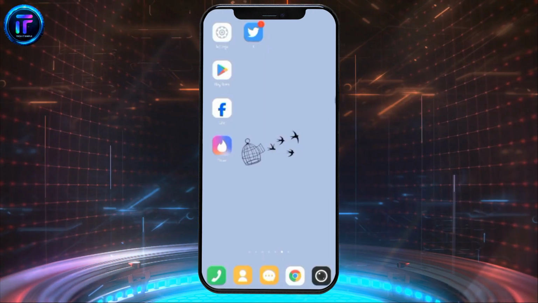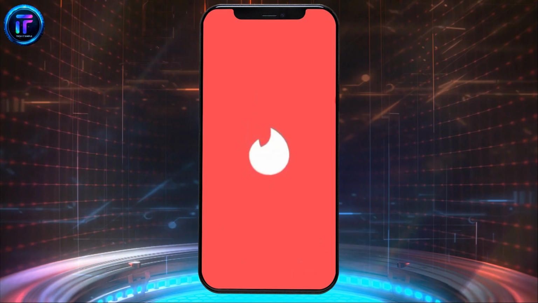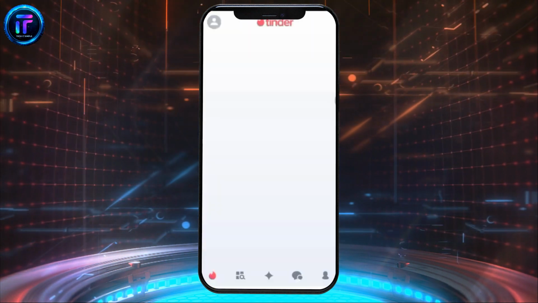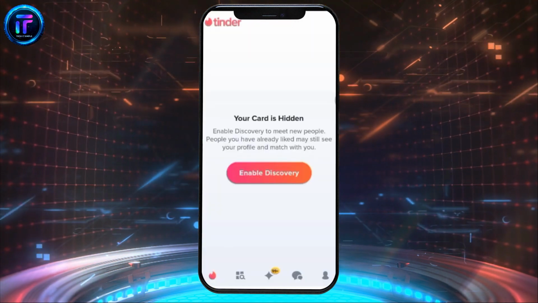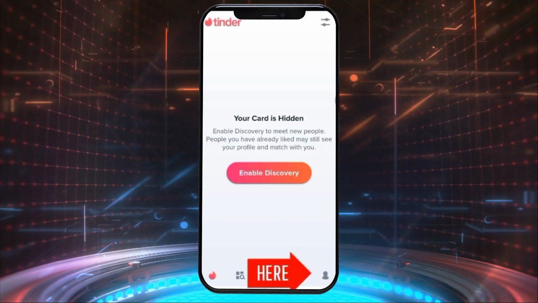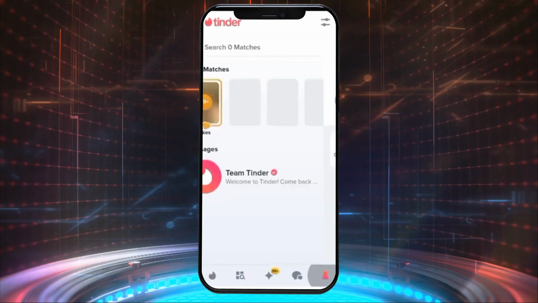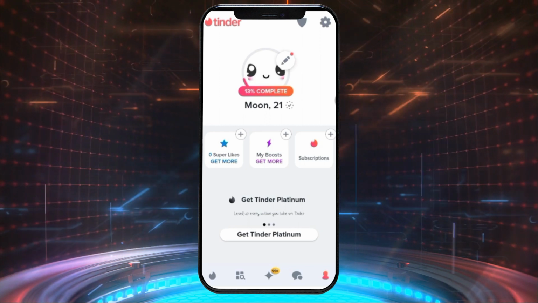I'm back with another quick and easy tutorial video on how you can edit your profile on Tinder to make your experience more personalized. To get started, open the Tinder application. Once on the home page, look at the human icon in the right corner below, and click on it to